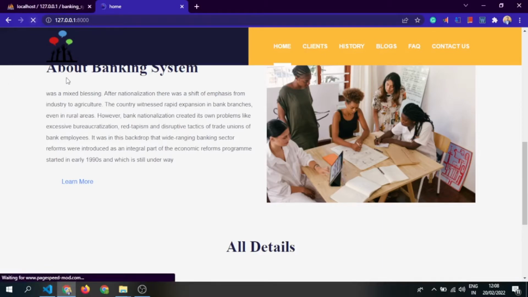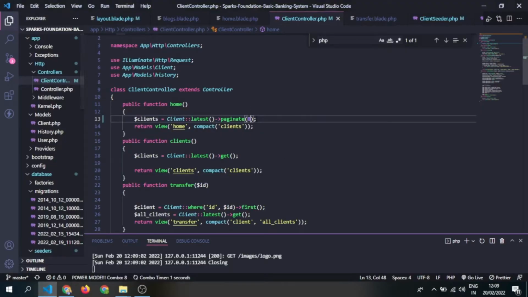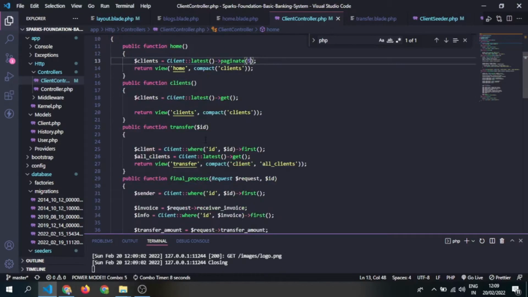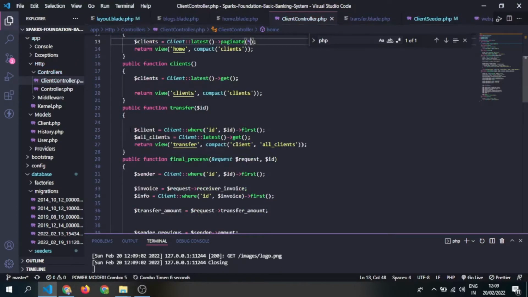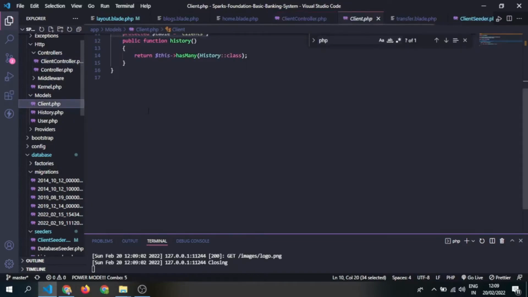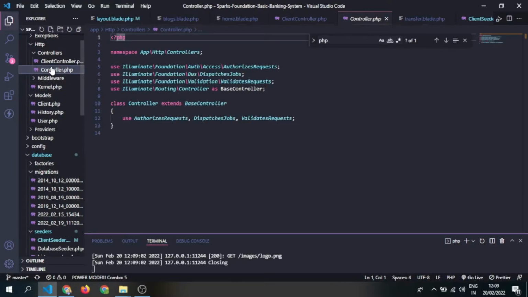If I give pagination 8, I can see the first 8 clients. Let's see, you can see the first 8 clients. So I think it's okay with 5, let it be. And you can see client, and I have added a model and some relationship. Actually there is no use of the relationship, but I added it for the future. One to many, sorry, many to many relationship. No, one to many relationship. My bad.